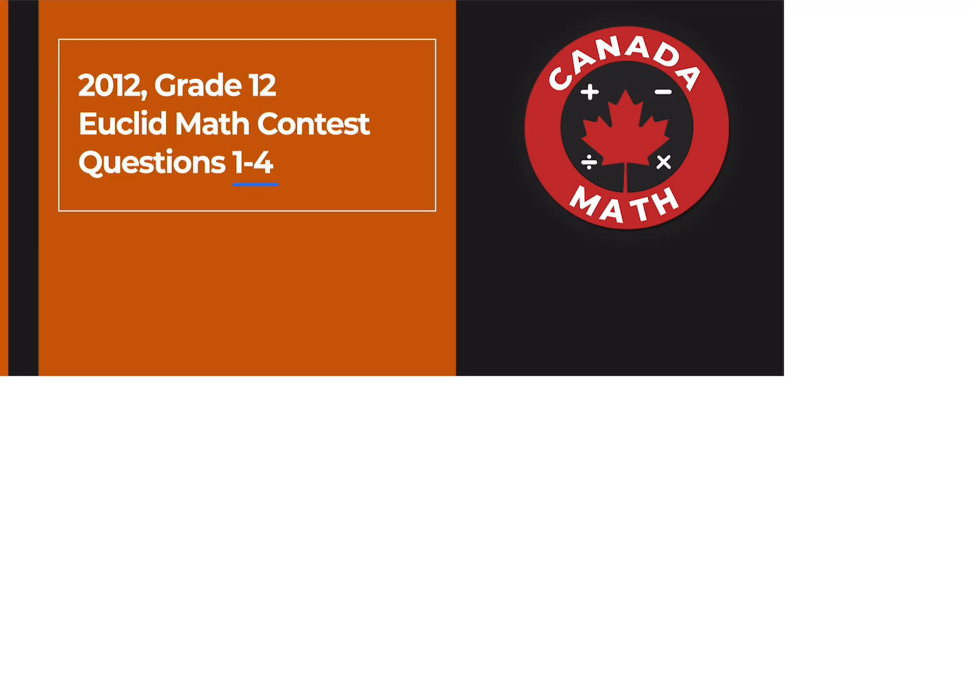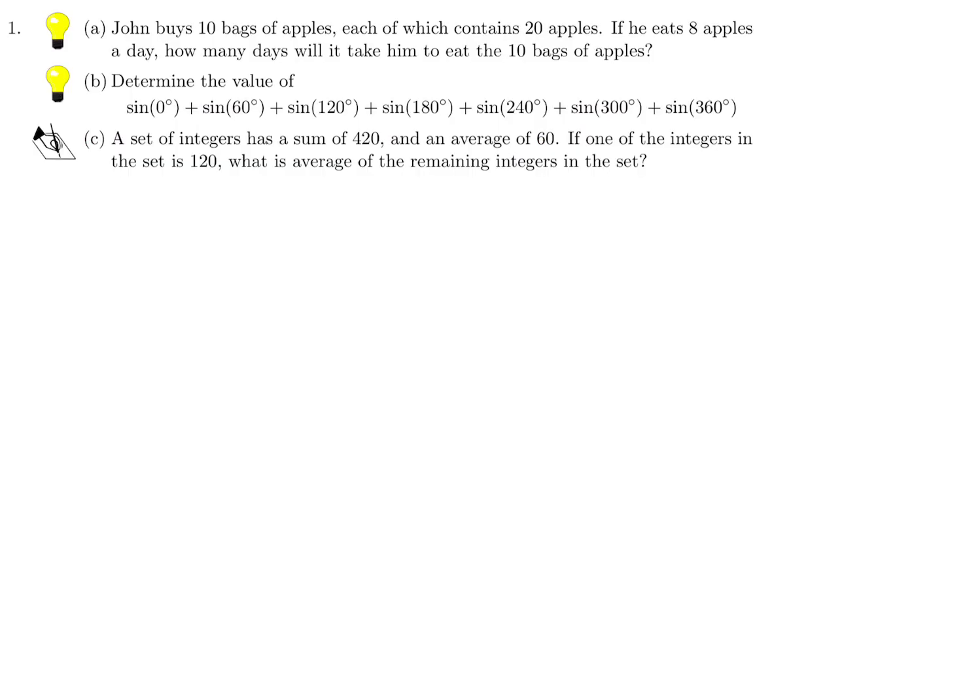Questions 1 through 4 on the 2012 Grade 12 Euclid Math Contest. John buys 10 bags of apples, each of which contain 20 apples. If he eats 8 apples a day, how many days will it take him to eat the 10 bags of